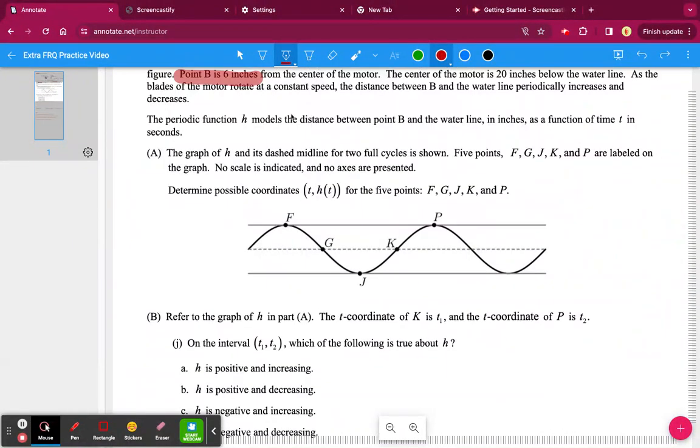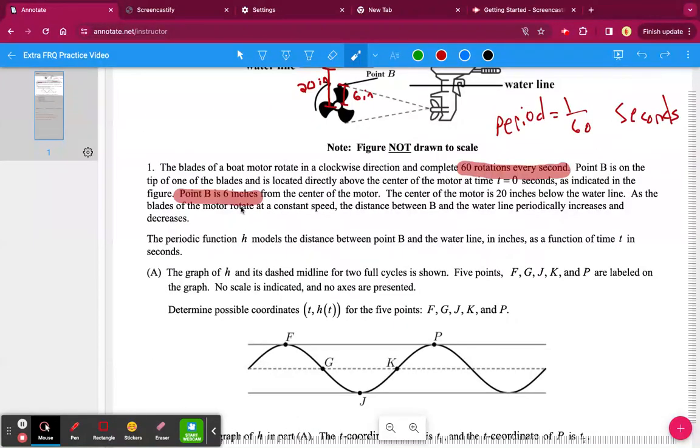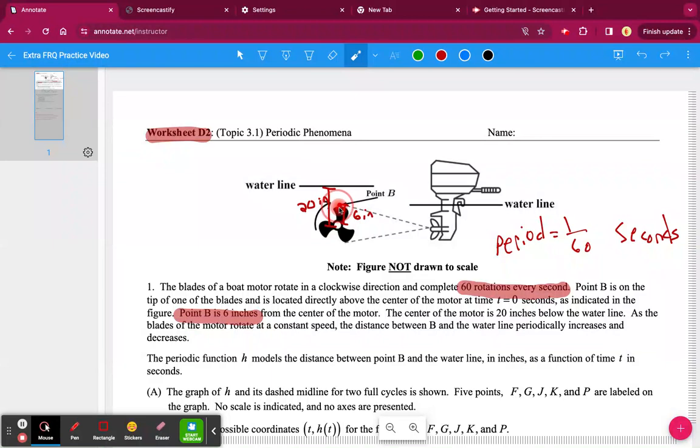Because if you notice, point F is at my highest distance here. So point F has to start where my highest distance happens the first time. My point F happens when I'm at the farthest distance the first time. Because notice here, at point B, that can't be where point F is. Sometimes it is, but in this case,